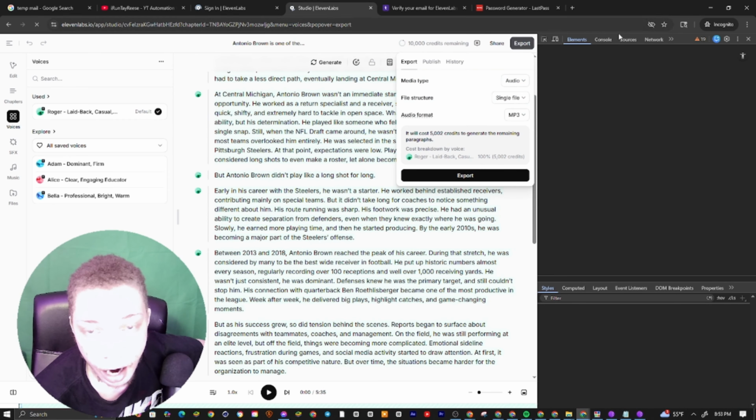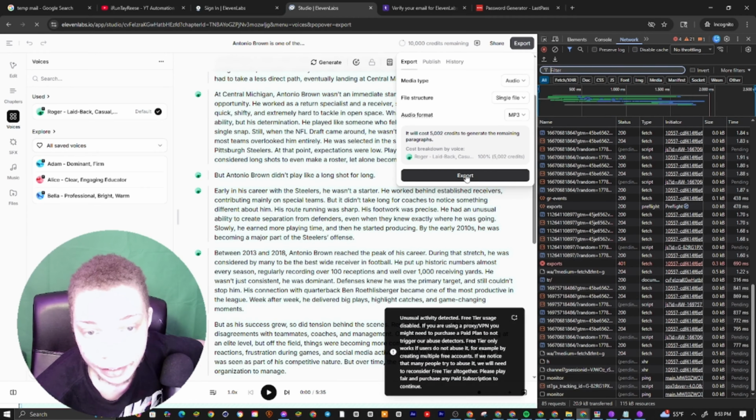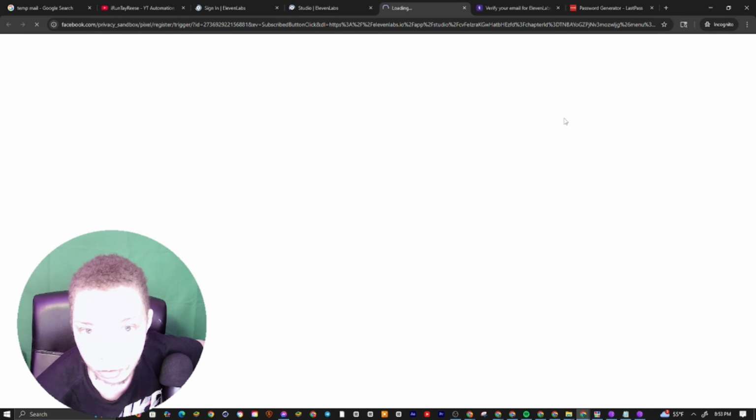So I noticed when you go to consoles right here, networks, when you click this right here, this little thing, it works most of the time. It does. So what you gotta do